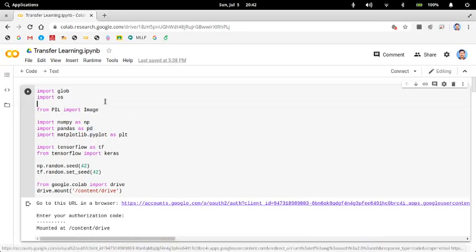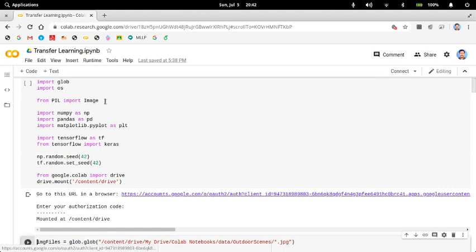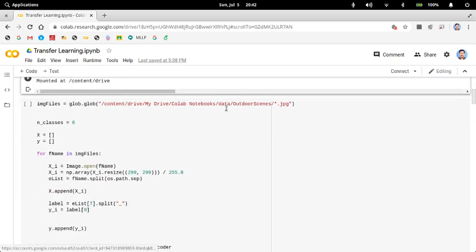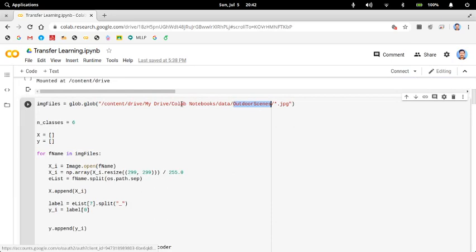See, I have an example on image. These are normal imports: TensorFlow, Keras, Pandas, and image, etc. I have some image data in this folder in my Google Drive.